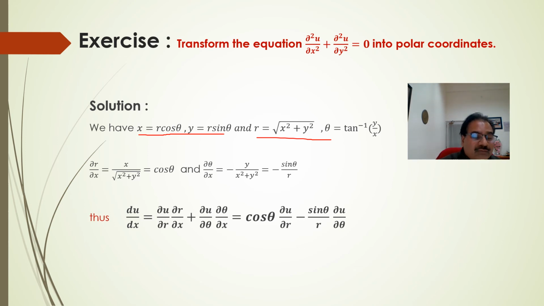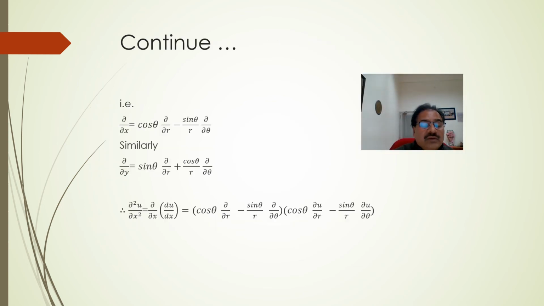Then you can find out very easily del r over del x from here, and from here only del theta over del x. From here you can find this del theta by del x, that is minus sine theta by r. And thus du by dx, after putting the values in the total derivative, you will get cosine theta del u over del r minus sine theta by r del u over del theta. And then on simplification,